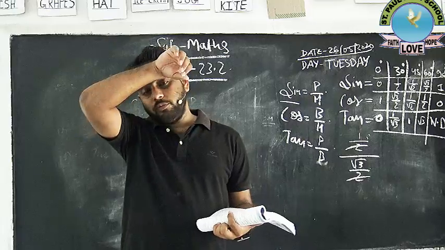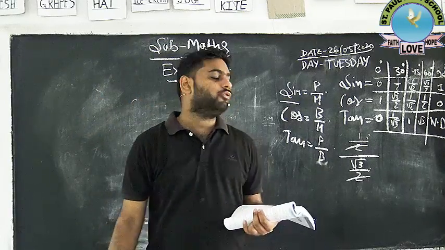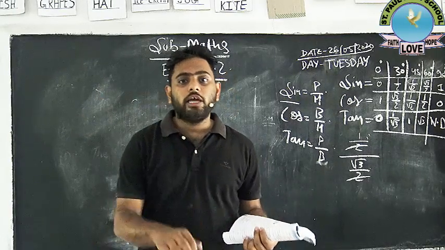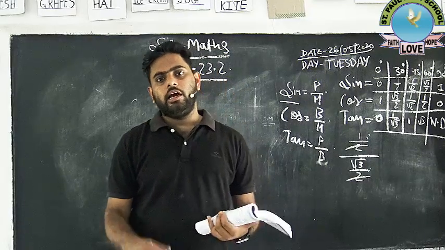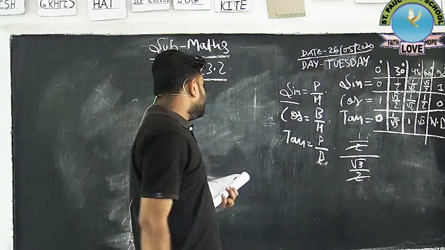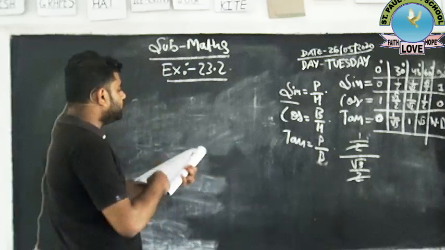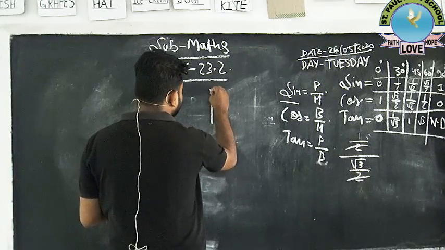Question number 2 is very important because in question number 2 we don't have to calculate for the distance, but we have to calculate for the degree. Now how to calculate degree? You see, in question number 2, ABC is a right angle triangle. Everyone has seen a right angle triangle, I believe.